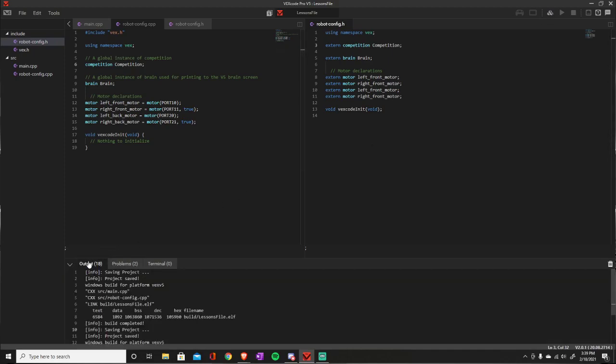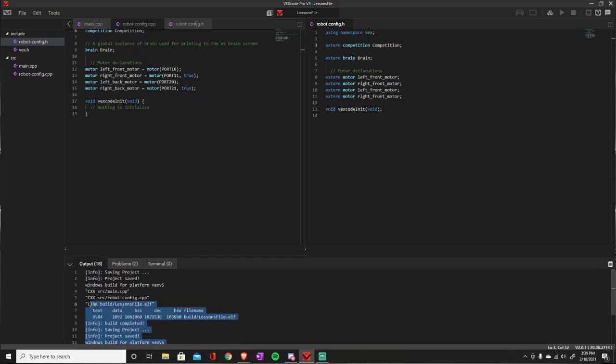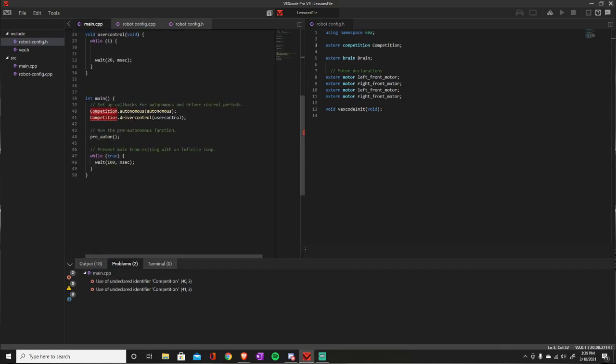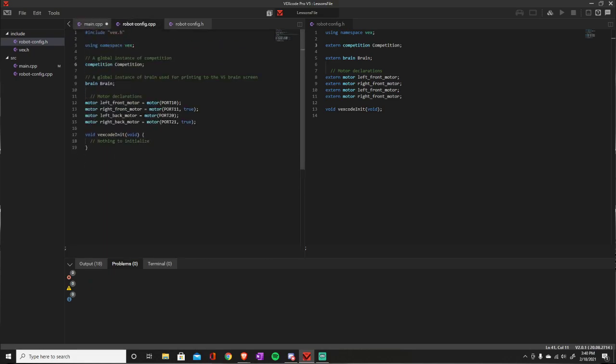Now if we come here to output, we see that it says build complete. But if build's complete, why do we still have two errors? Well, that's going back to what I said, where VexCode doesn't always update. Sometimes just clicking on it fixes it. Other times you can delete one character, add another character, and then it fixes itself. And as you can see, we have no more problems,